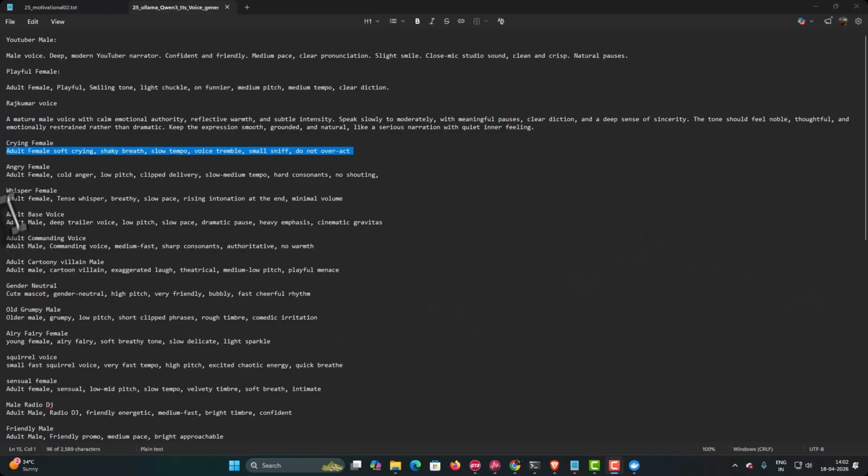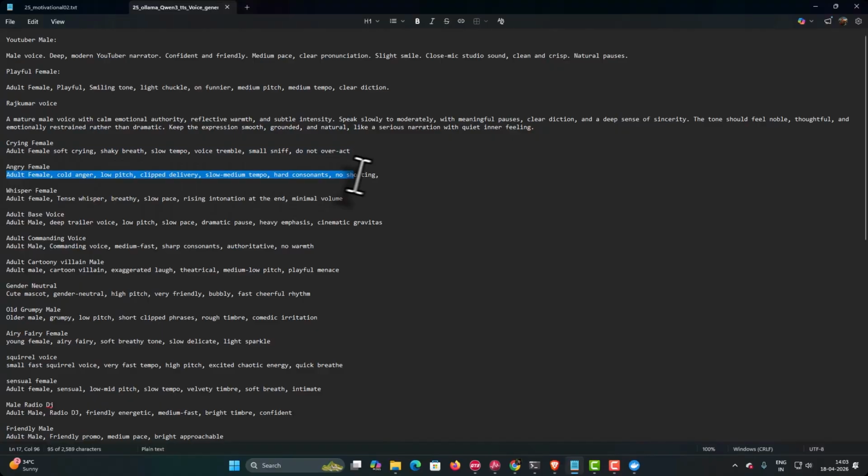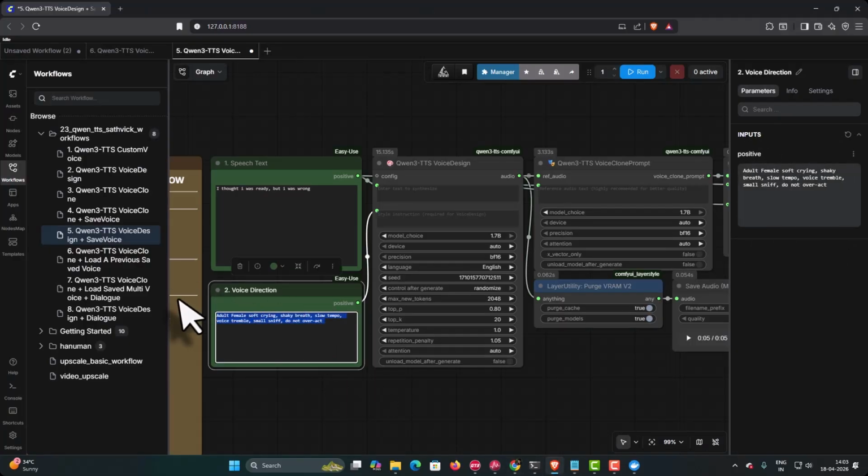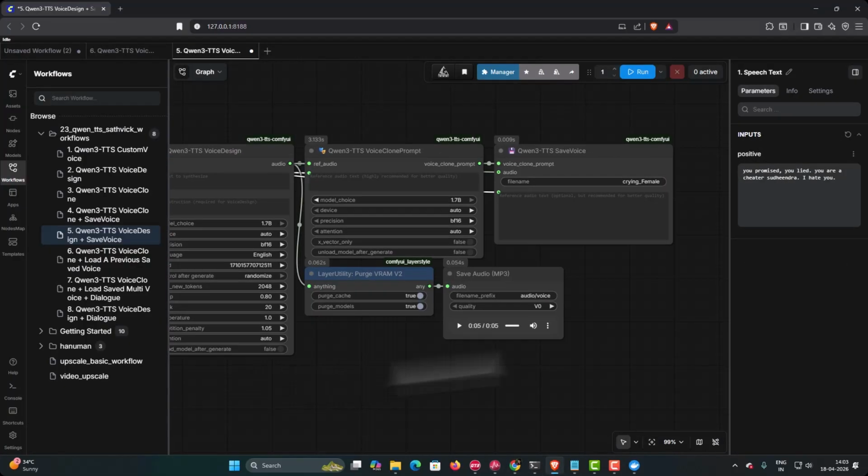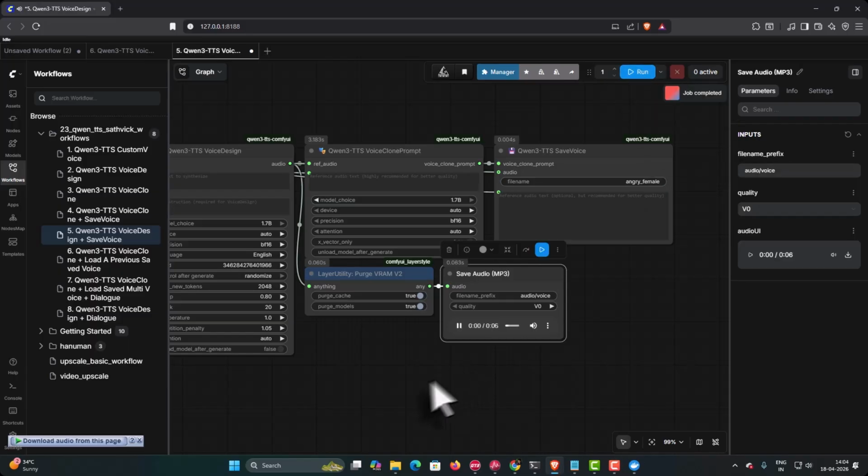I will come back to the prompt and next here I will copy angry female prompt, come back to ComfyUI and paste it in voice direction. Now I will come in save voice and I will call this as angry underscore female. Click OK. If I run this,